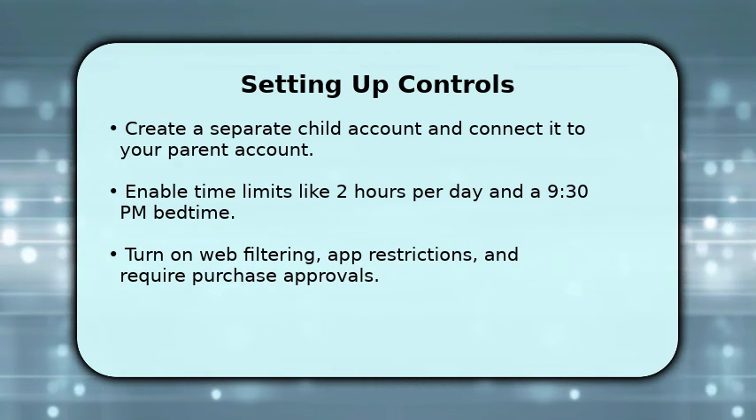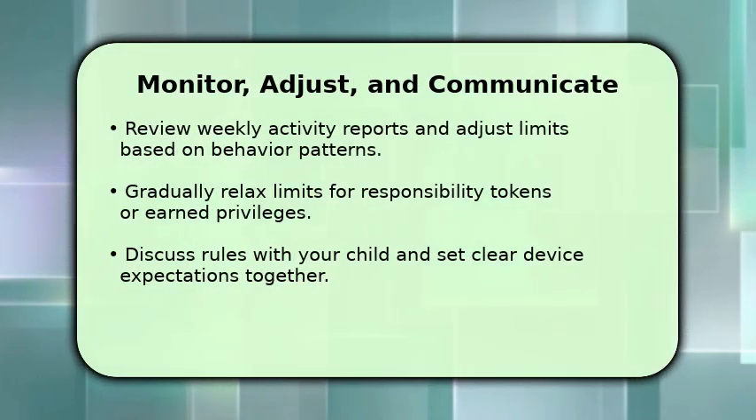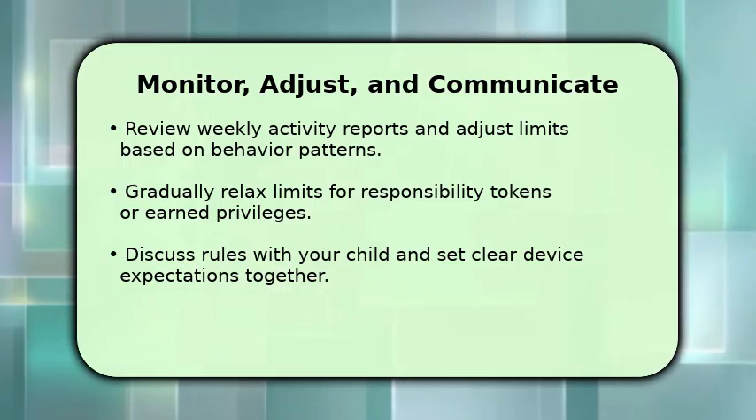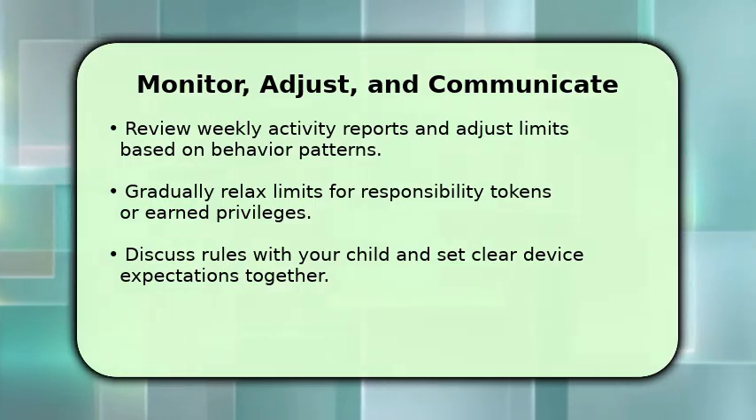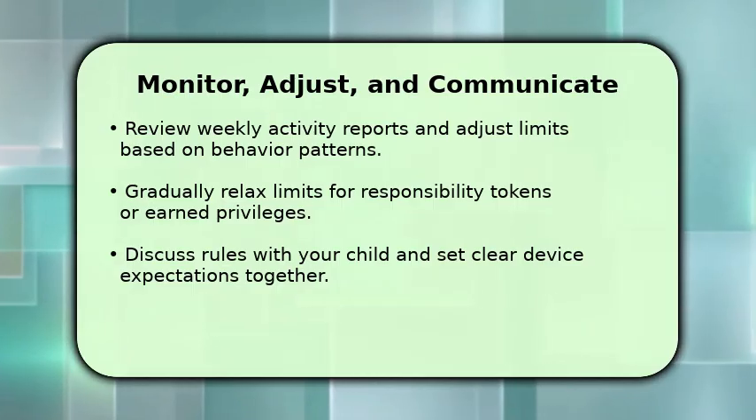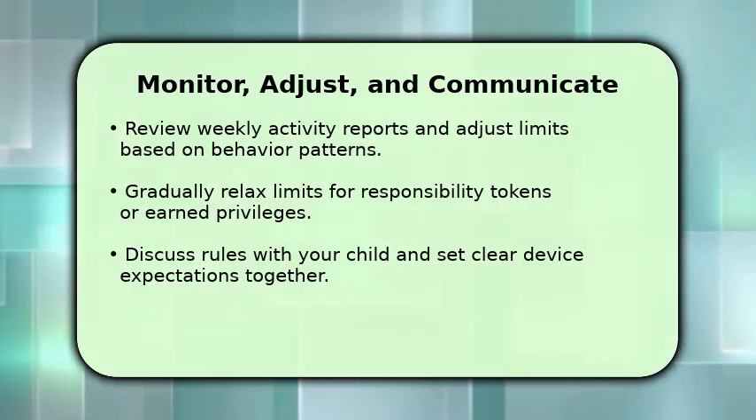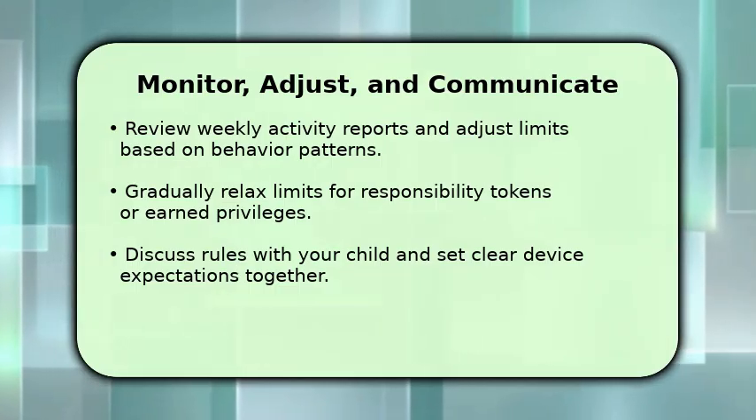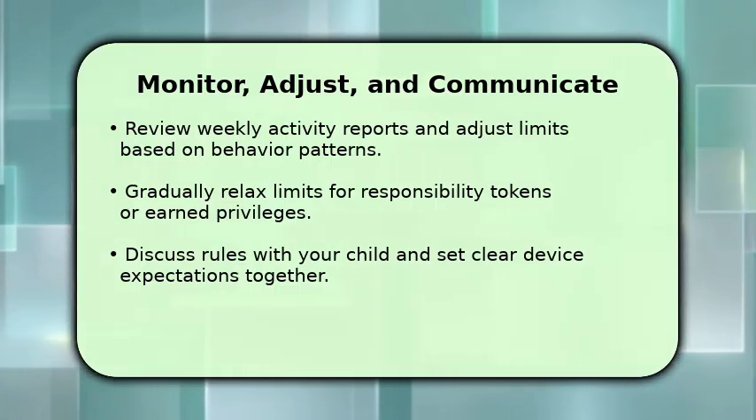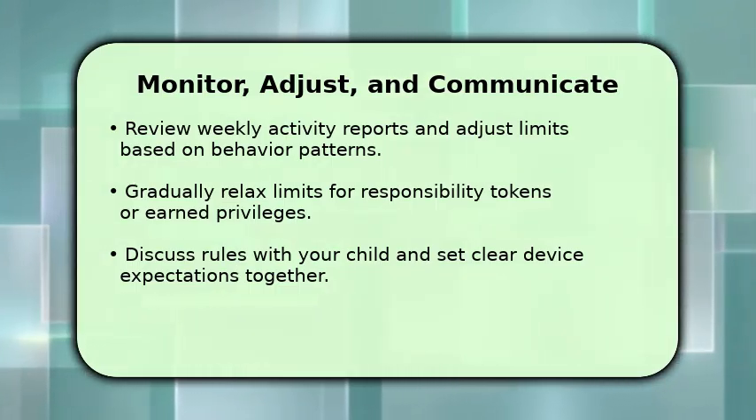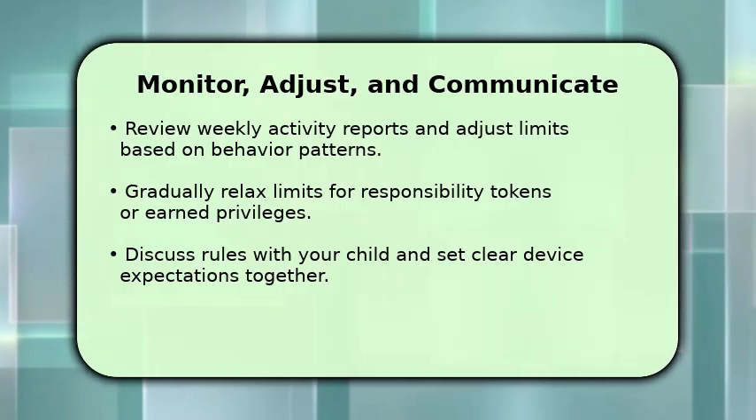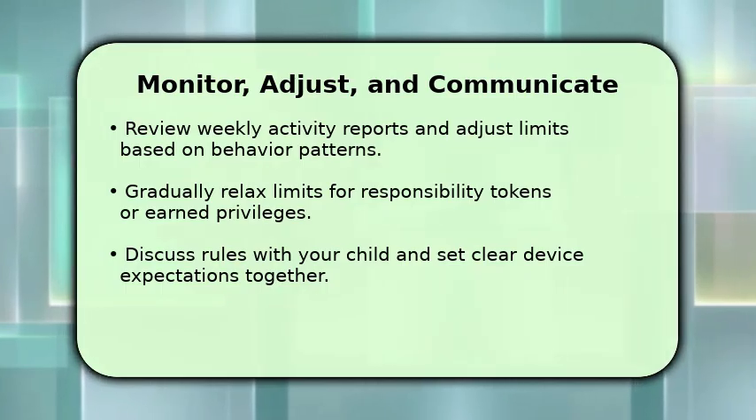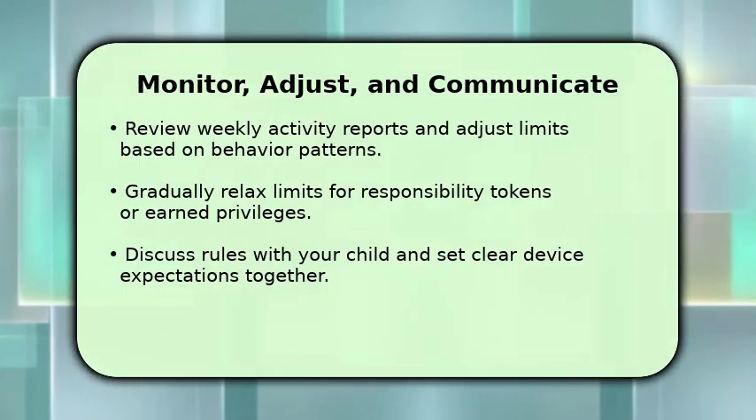Regular monitoring helps you refine rules and maintain trust in the family. Check weekly activity reports for visited sites, app use, and time spent. Use those findings to adjust limits and filters to suit age and maturity. Offer earned privileges and gradually relax limits when the child shows responsibility. Communicate rules and reasons clearly and set expectations about privacy and consequences. Keep software updated and review settings quarterly to adapt to changing needs and